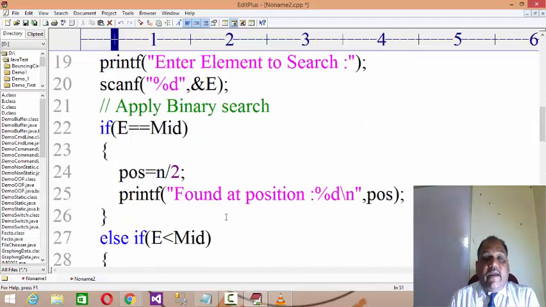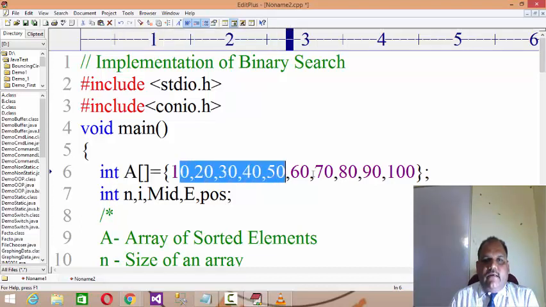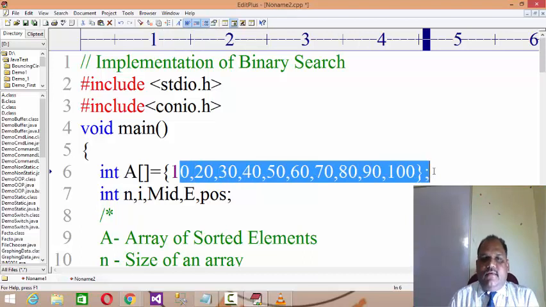Now let us understand the things again. Binary search means if the entries available in an array are in sequence, sorted, well arranged sequentially, then you can apply binary search. Binary search depends on the logic of divide and conquer.